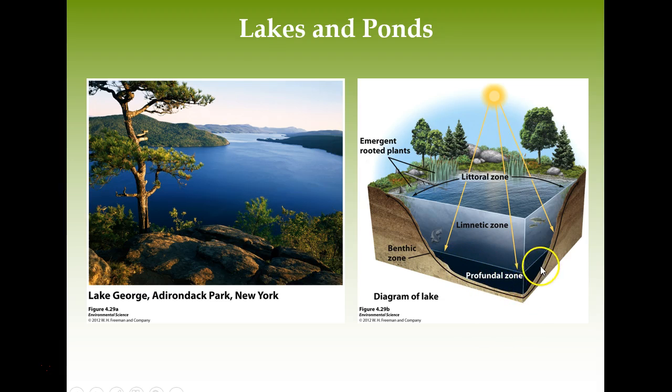Light is not able to make its way through, and this can vary depending on the contents of the lake. How much sediment, dirt, things like waste even can affect how far the light can actually disperse its way into a lake. And then we have the actual bedrock or the soil at the bottom of the lake. And we have our 4 different names for these zones: the littoral zone, the limnetic zone, the profundal zone, and